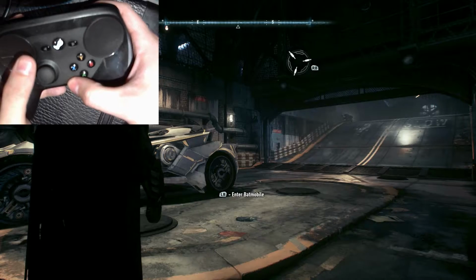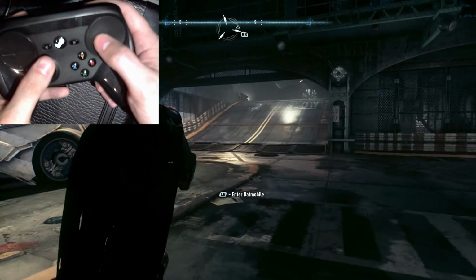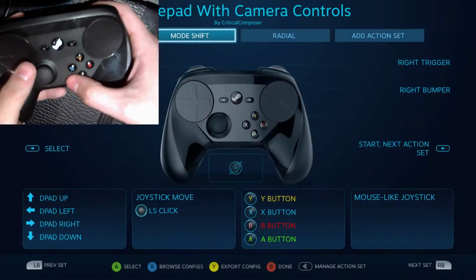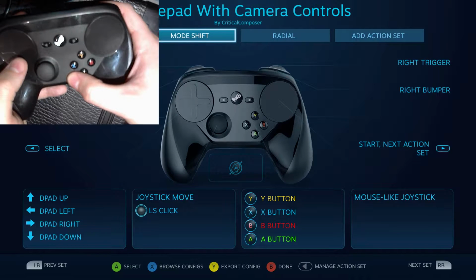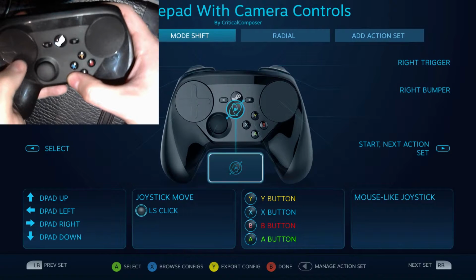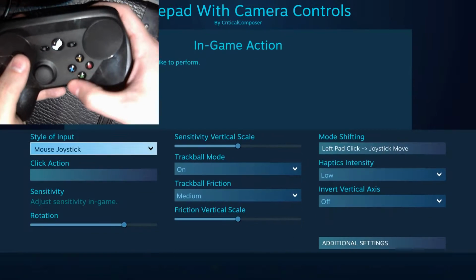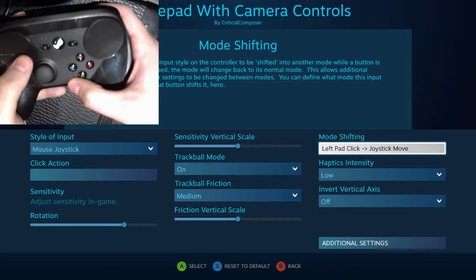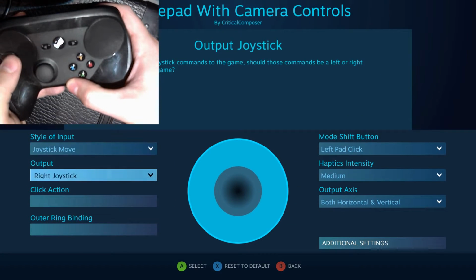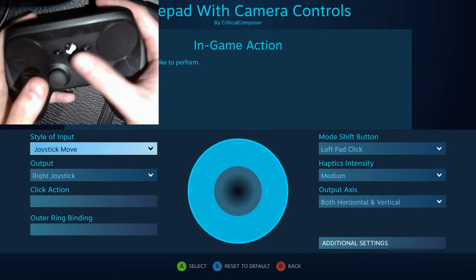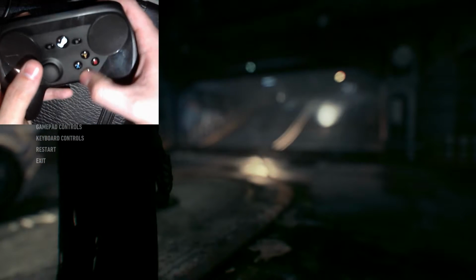My second solution involves a bit more work but will feel much more natural. In this case, I'll make a second action set called Mode Shift and copy the default action set's bindings. However, in this one, on the mouse-like joystick, I will have a mode shift that when the left pad is clicked, it makes this output a right joystick, with joystick move instead of mouse joystick. What this will do